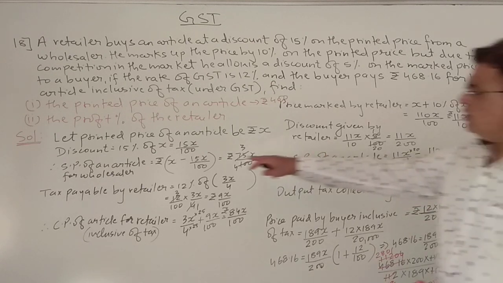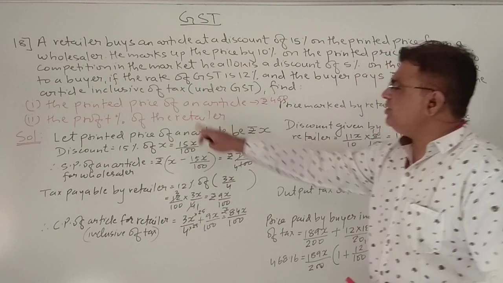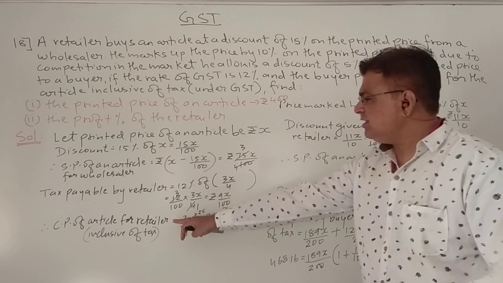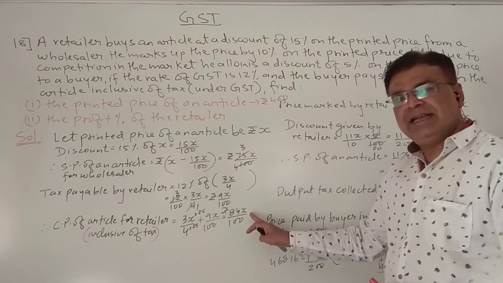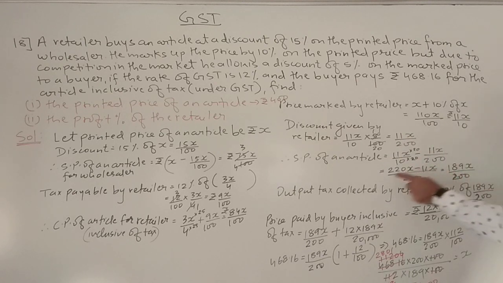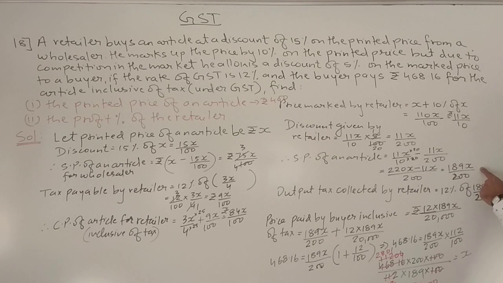Okay. So now we have to find the profit percentage of the retailer. Okay. So the retailer is purchasing the article at which price? At this price. And is selling the article at which price? Is selling the article at this price. Okay. On this he is collecting a tax, but that tax he will not keep with him, he will forward it further. So the CP of an article is this and the SP of an article is this. So from this we have to find what is the profit.